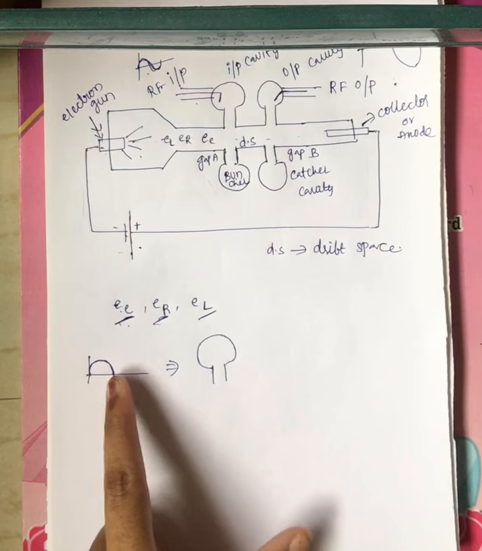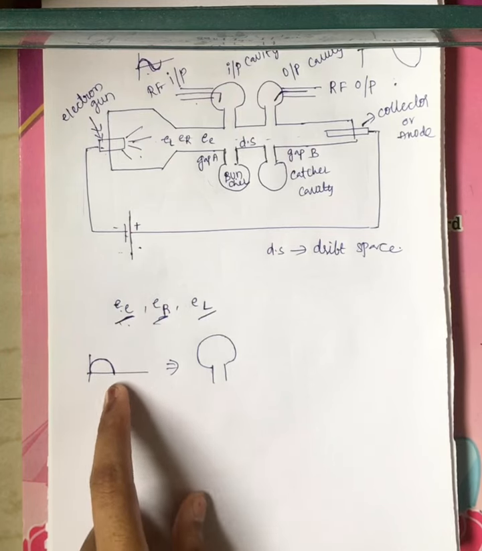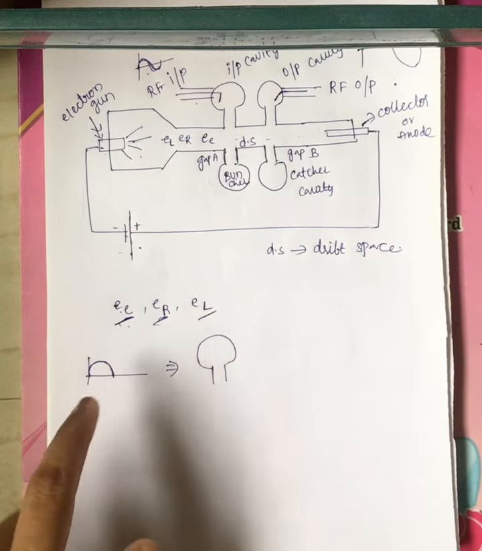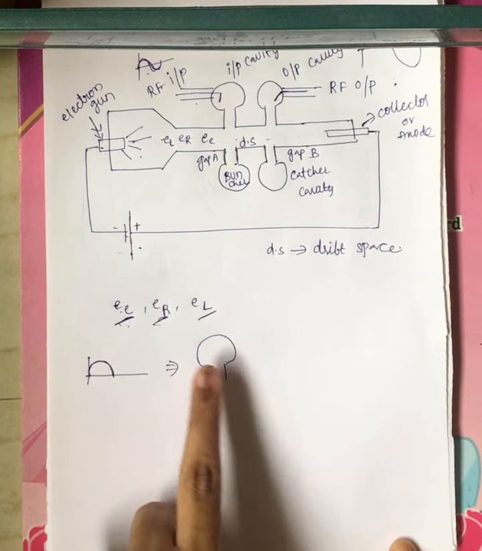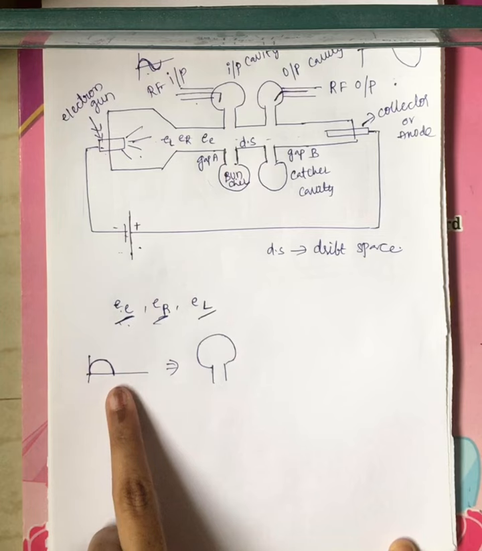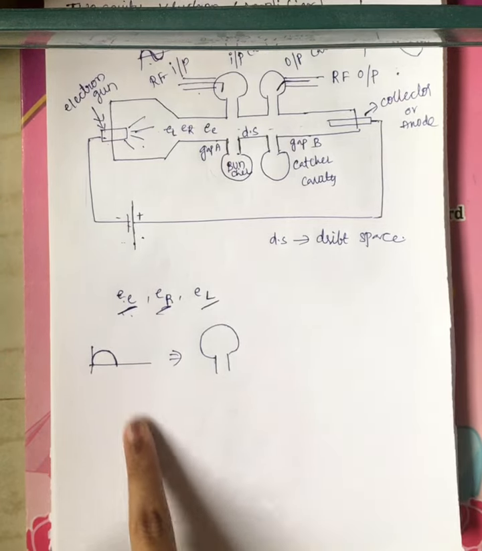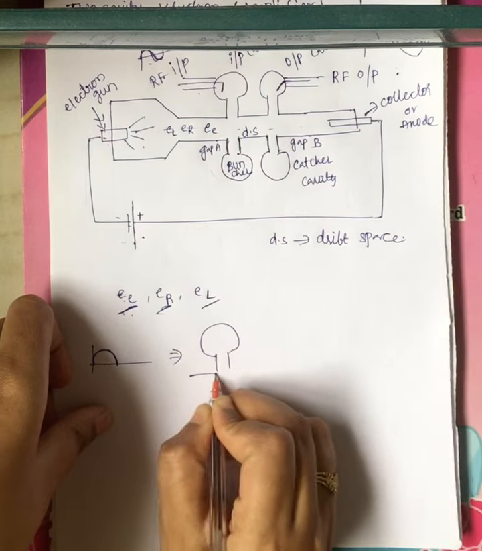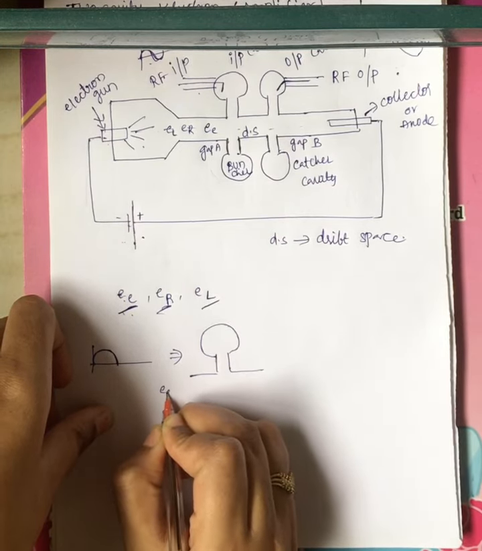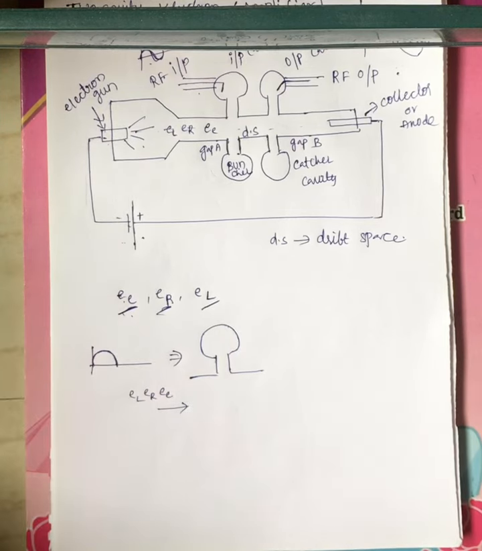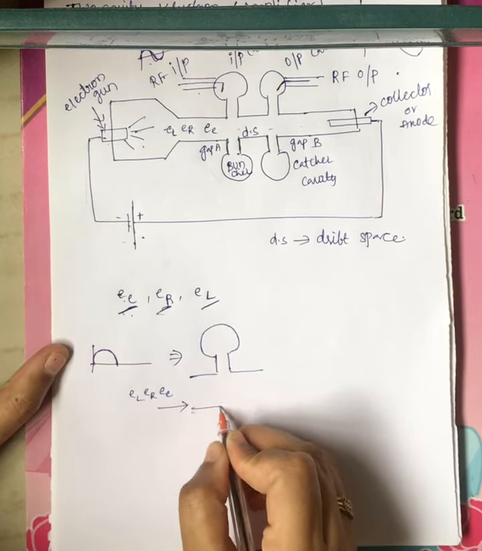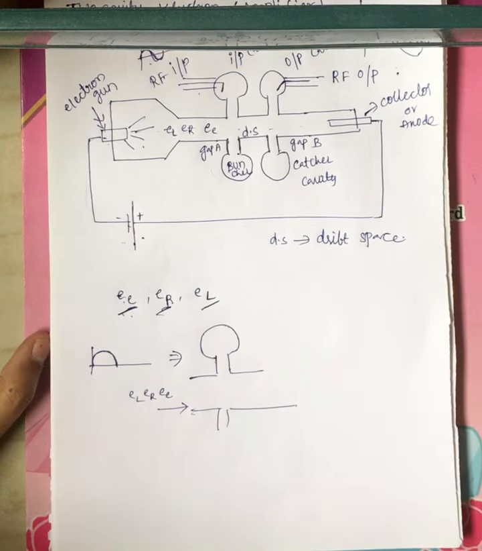Let us consider the first half cycle first. Next we will consider the negative half cycle. This is your input cavity through which you are giving the weak RF signal. For the positive RF signal, we get the early electron, reference electron and late electron traveling in this direction along this tube.